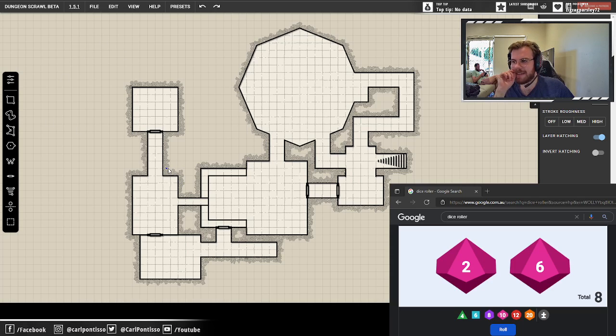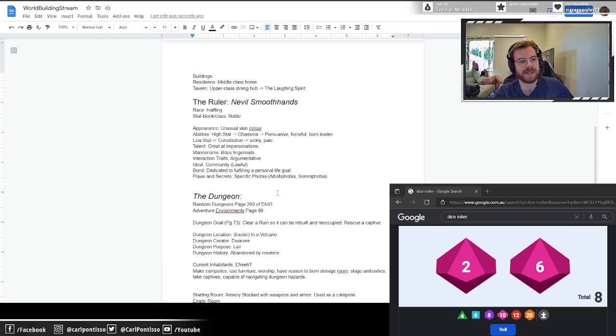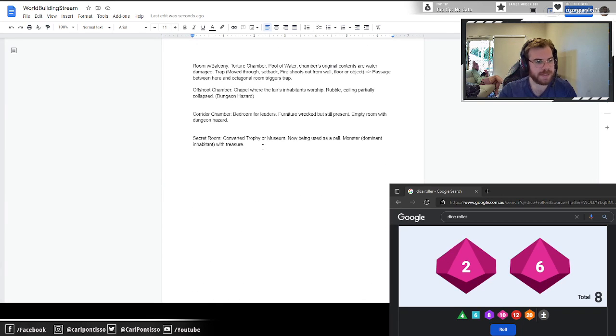Yeah, I think I'm going to have to look this up, but I'm going to have to leave it there on the dungeon, and we can come back and finish once I've given some thought. But that kind of makes sense, so I'll put in the secret room a dominant monster with treasure, so possibly our Efreet. Also, what would be the best way to put this? I'll put, not in brackets,